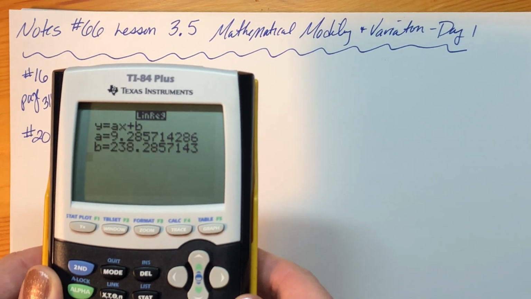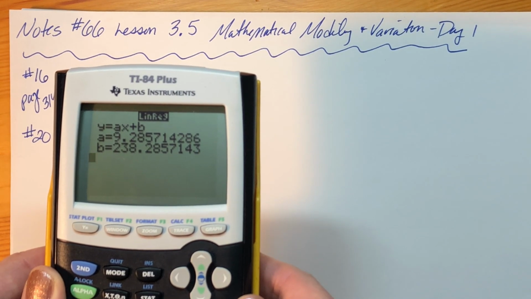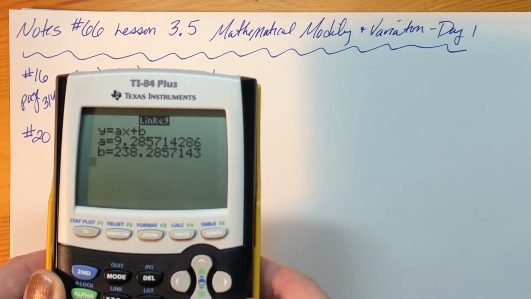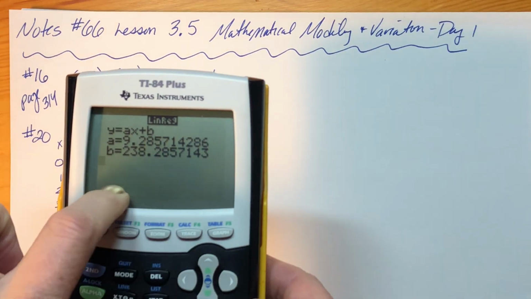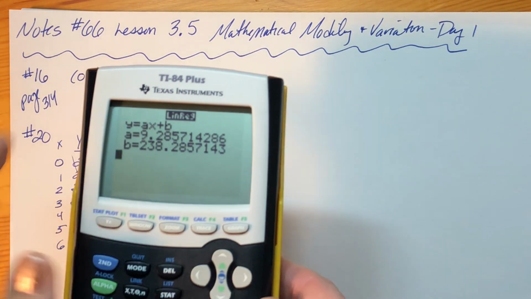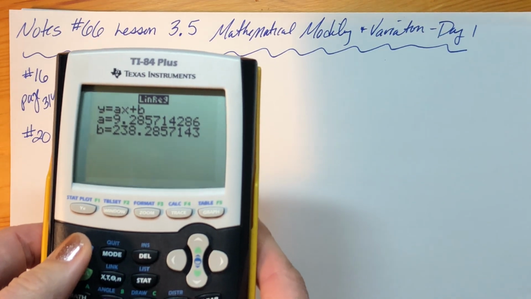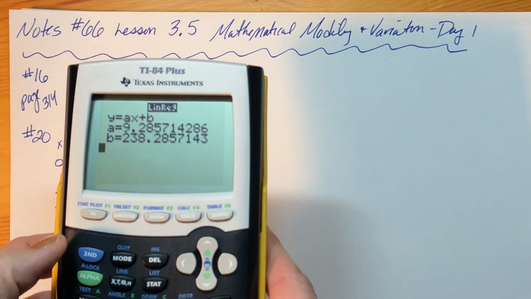It's telling me the model is y equals 9.28x plus 238. All right. Now, you might have an R value down here. I don't have my diagnostics on. So what I'm going to do, and this is what you're going to do in my stat class,